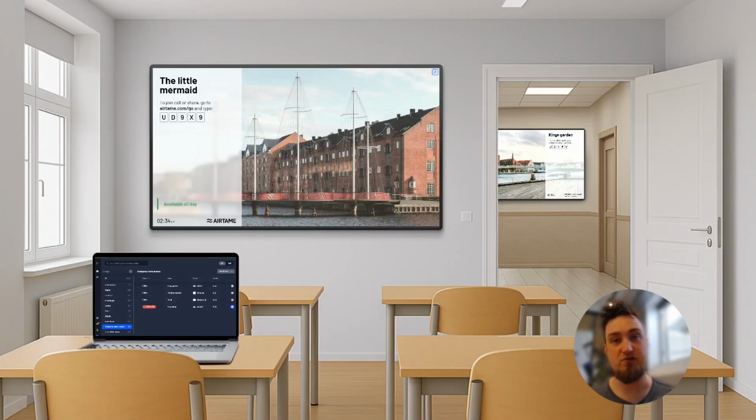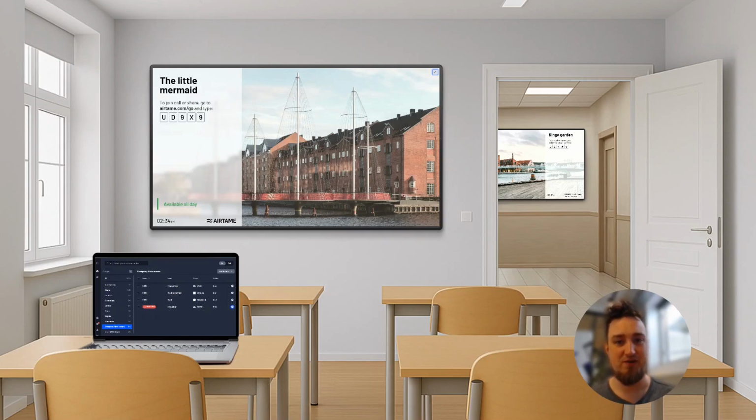With the partnership between Raptor and Airtame, it's possible to trigger emergency alerts using the Airtame platform and have those alerts appear on some or all of your Airtame screens. First, I'm going to walk you through how to set it up inside of Airtame and Raptor, and then we'll move on to a demo where I'll start an emergency alert from Raptor and we'll see it on the Airtame